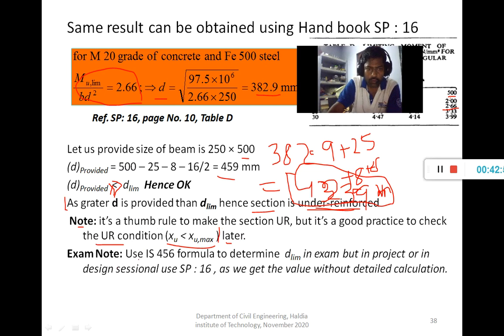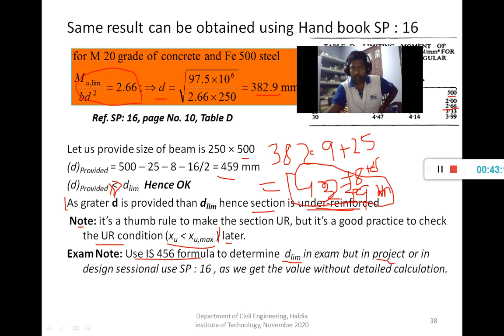So for exam purposes, use the IS 456 formulae to determine D limiting. Don't use the SP16 table. Use the IS 456 equation to determine limiting depth or minimum depth.